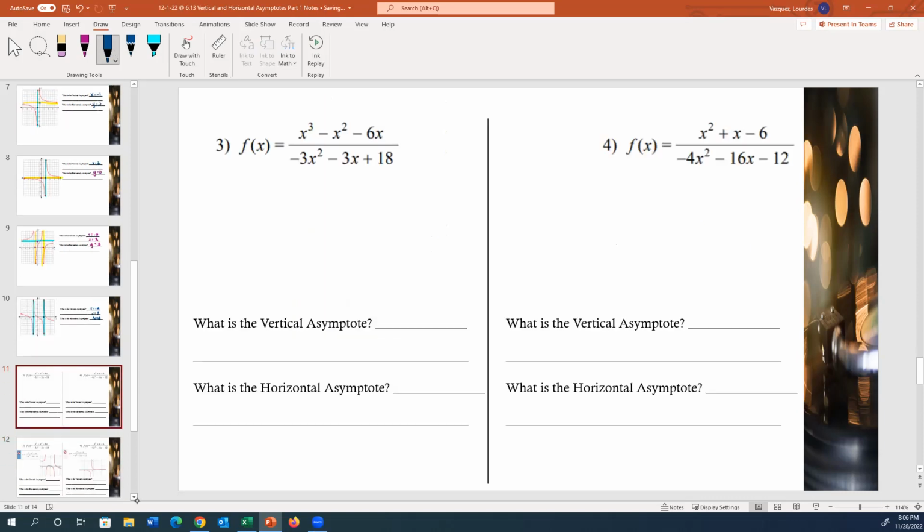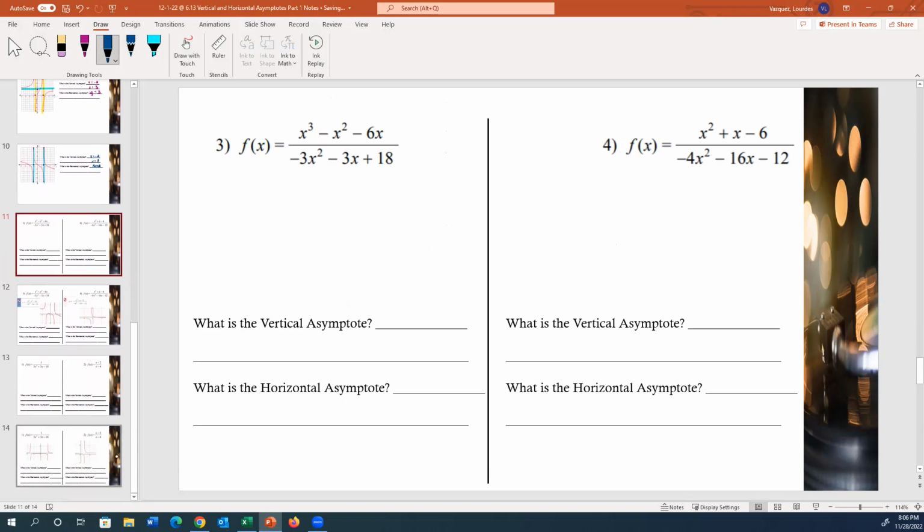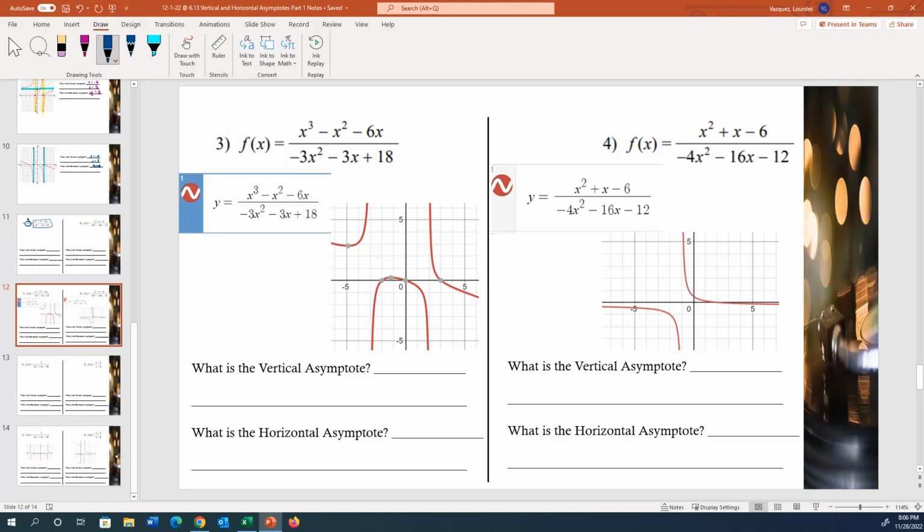All right. Well, what happens, though, when they give you the equation of the graph, but they don't give you the picture? So what are you going to do? You're going to have to go into the Desmos calculator, and you're going to take this and change it into a y. You don't have to. You can type f of x in there if you want. You can also just type in this whole thing as well. It's completely up to you. And once you put number 3 and number 4 in, what's it going to look like? Looks like this. See, I went in and I just put y equals, and this is what